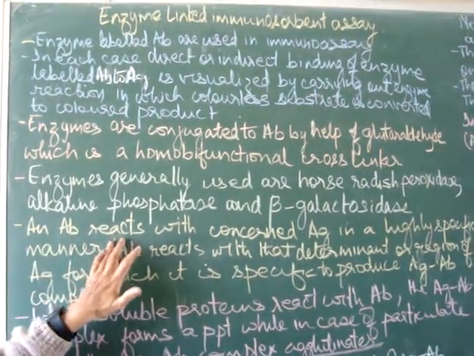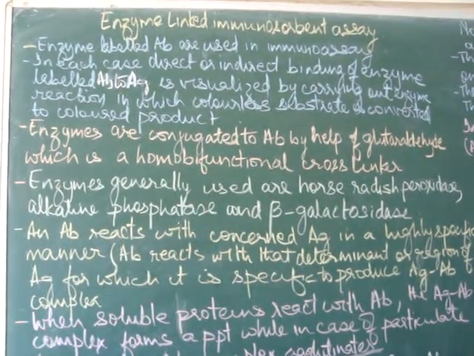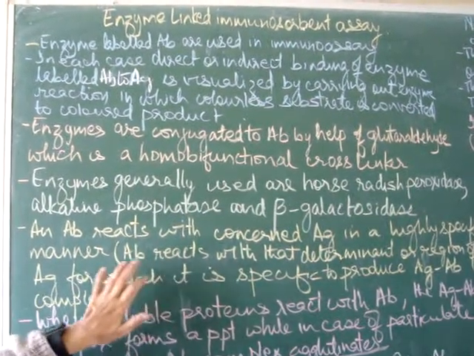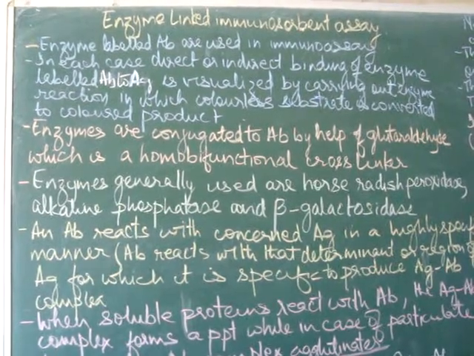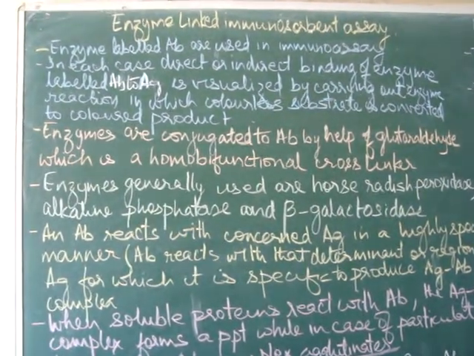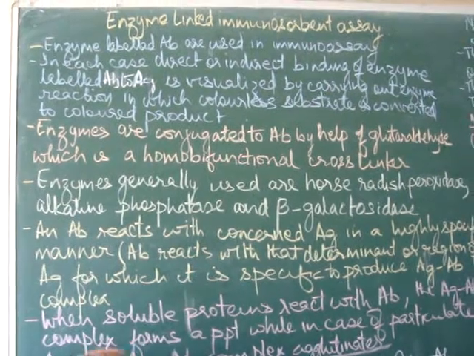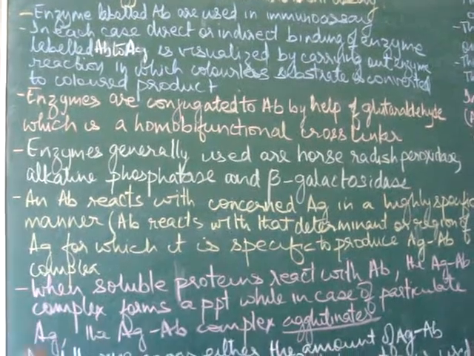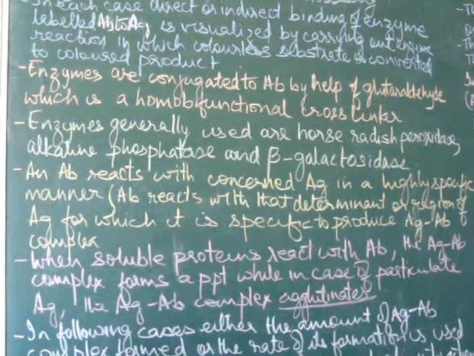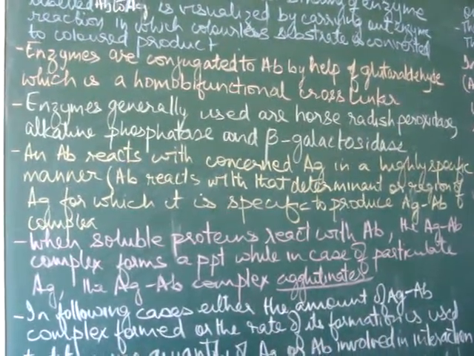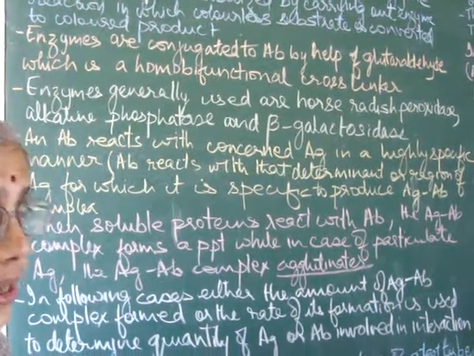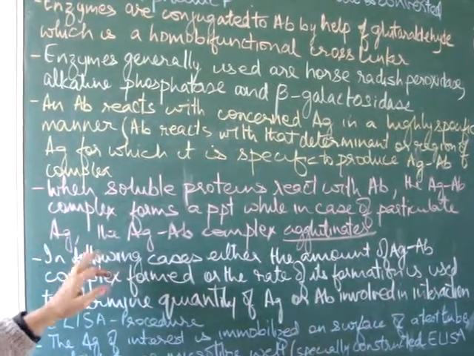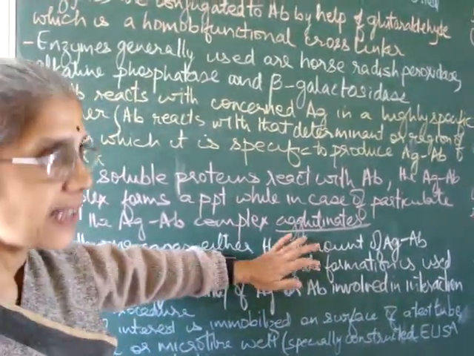An antibody reacts with the concerned antigen in a highly specific manner to form an antigen-antibody complex. The antibody reacts with the determinant, or a region of the antigen, for which it is specific, thus forming the antigen-antibody complex. When soluble antigen proteins react with the antibody, the antigen-antibody complex forms a precipitate, but when a particulate antigen, for example an antigen attached to a cell, reacts with antibody, the process is called agglutination